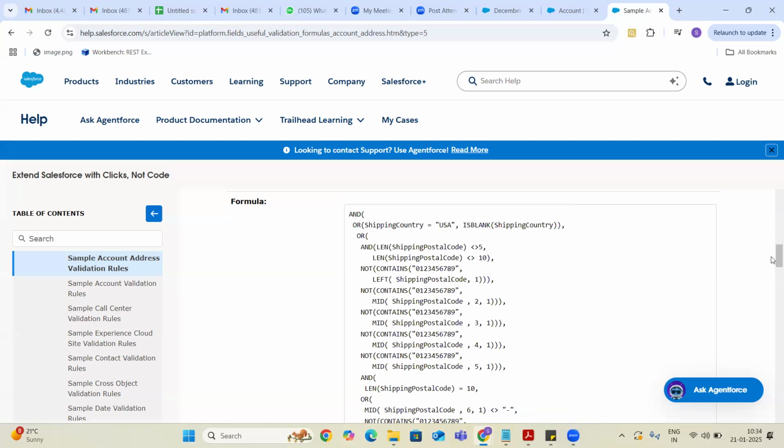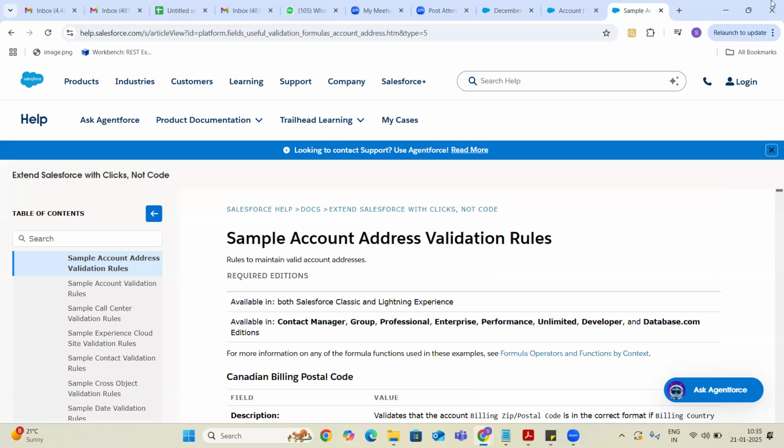Even in your projects, when you start, if you Google it by giving the scenario, you will get the answer. But you should be in a position to identify that this is the answer and this will work. That is possible if you know how these functions behave and what the use of each function is. So to understand the use of each and every function, we are going through these sample validation rules.